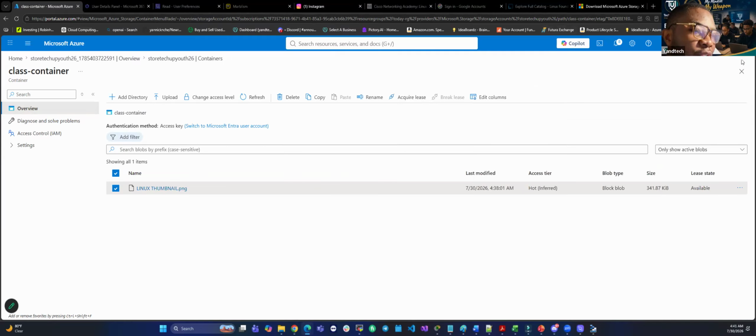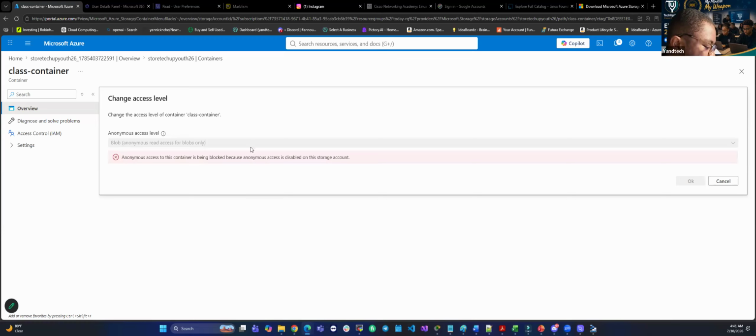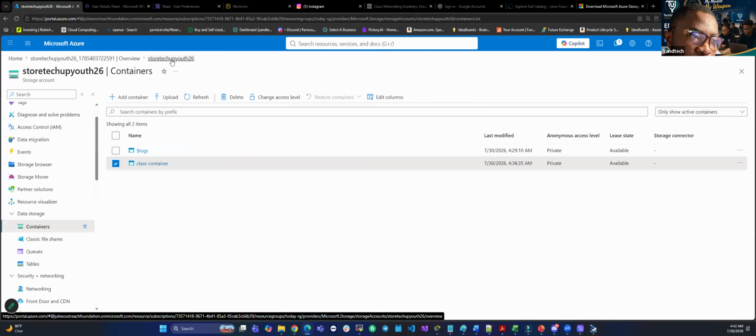The reason why we cannot see is because of two reasons. First, the access level is marked as private. If I change the access level to blob, which is public, what are we seeing here? Anonymous access to this container is being blocked because we know by anonymous under blob service, it is marked as disabled. So what you are supposed to do is go one step behind to the storage account